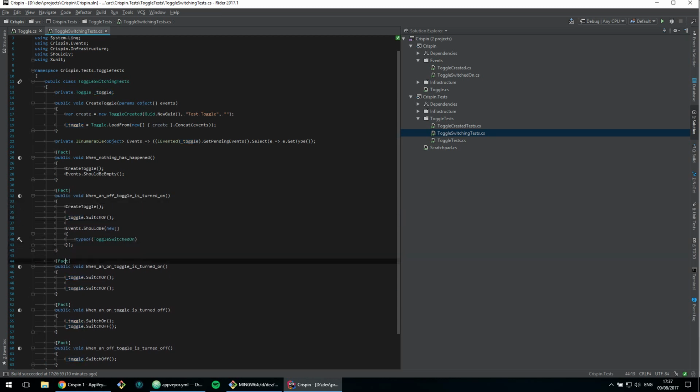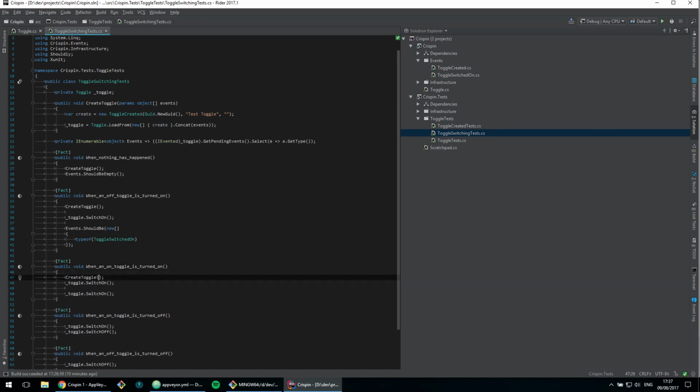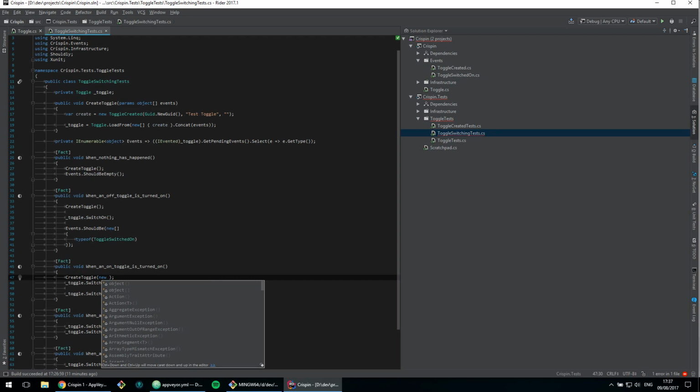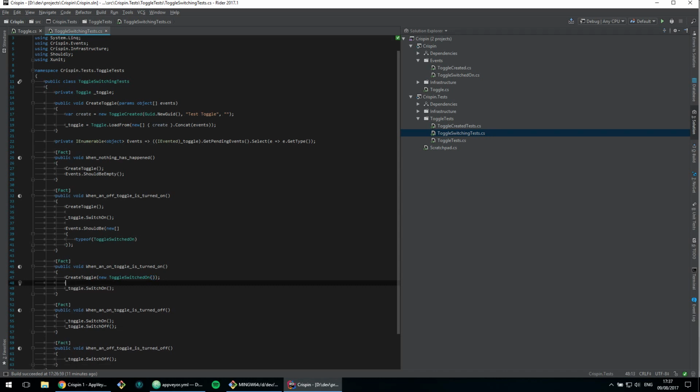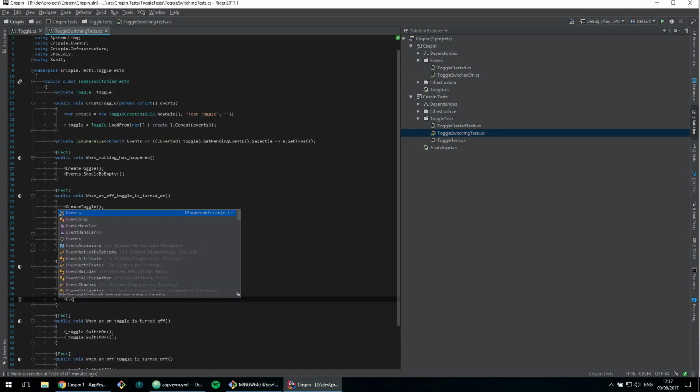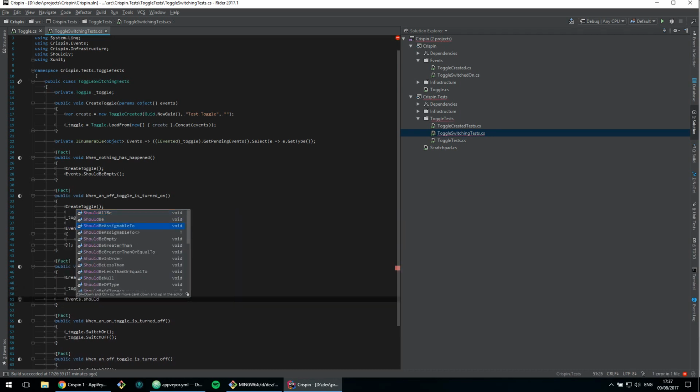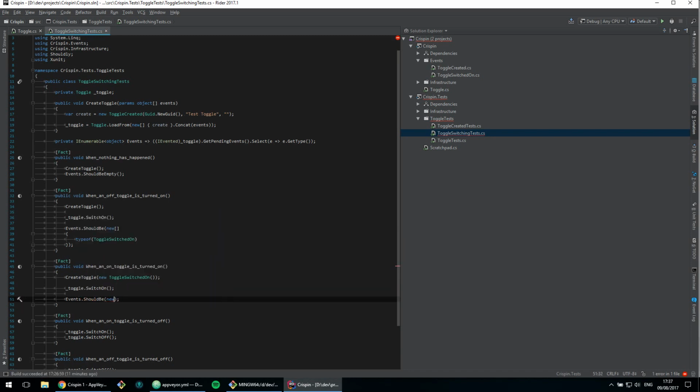create a blank toggle. This time we want a toggle that is on, so what we shall do is create toggle, but this time we shall also say new toggle switched on. And now we don't have to have a second call to our switch on. We can just have the single one, and we can now say events should be new array of,